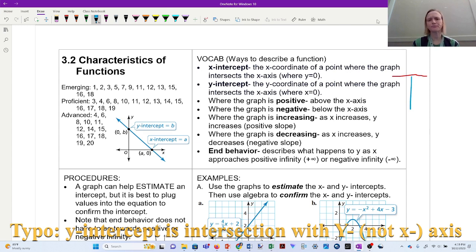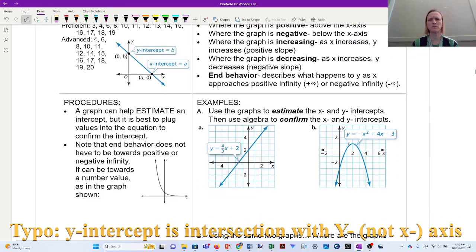x equals 0. So let's look at some examples of this using these graphs here and look at what is the x-intercept and what is the y-intercept of these examples. Let's look at the x-intercept first. The x-intercept is wherever the graph crosses the x-axis, which is this horizontal axis here. This blue line crosses the x-axis here at, it looks like, x equals negative